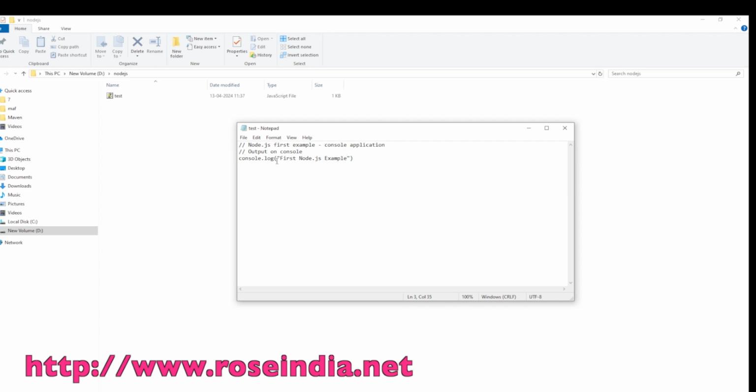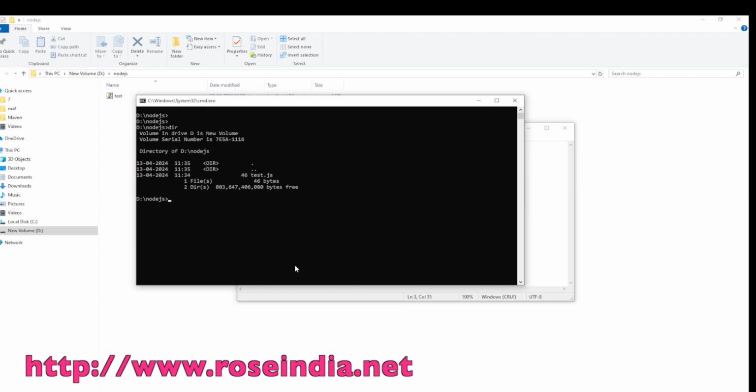This code is going to print first nodejs example on the console, and to run this you should have